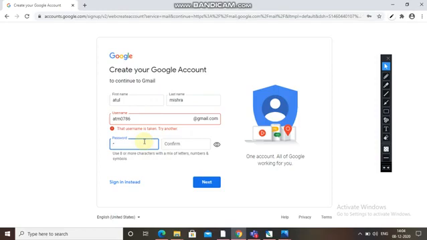See, the username is taken, means this username has been taken by someone. Okay, see the message which has come. What I have to do, I have to change this. So I can't take this, so I will just put 2000.